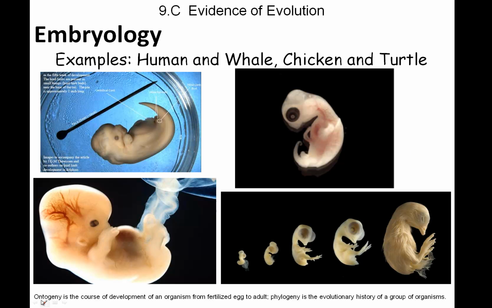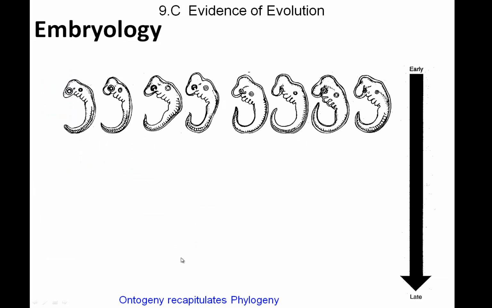Ontogeny is the study of how an organism develops from a fertilized egg, and phylogeny is the evolutionary history of the organism. So we look at the evolutionary history, and we look at how an organism develops from an egg, and maybe we can put the two together. That process is called ontogeny recapitulates phylogeny. In other words, if we look at the developing individual,